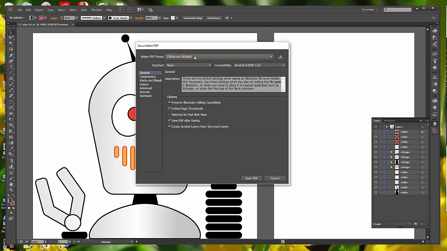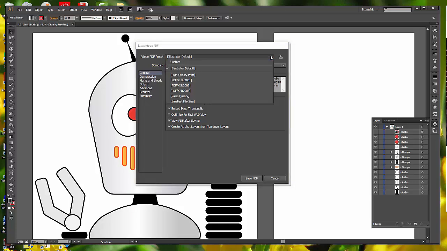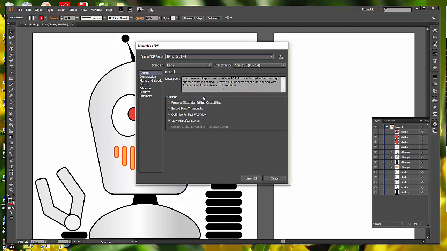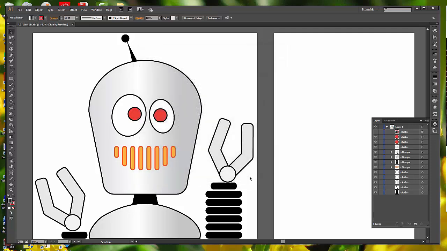The next dialog box will say Illustrator Default. I want you to click the drop down and select Press Quality. The rest of the default you can leave. You will, when you say Save PDF,